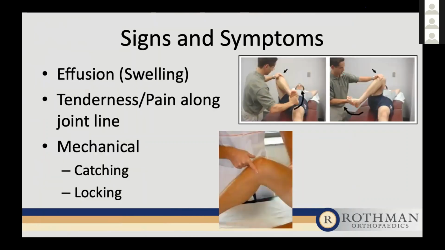So meniscus tears, even in the absence of an ACL injury, will typically cause effusion or swelling. They will cause tenderness along the joint line, and you can see in that bottom central picture the reference to the joint line. So if you have a medial or intermeniscus tear, you'll often have pain there. If you have a lateral meniscus tear, you'll have pain on the opposite joint line. They can cause mechanical complaints of catching or locking. Locking typically, hey, I go to move and then my knee literally gets stuck and I have to kind of twist it out. Sometimes patients are able to unlock it and sometimes it is kind of permanently locked until